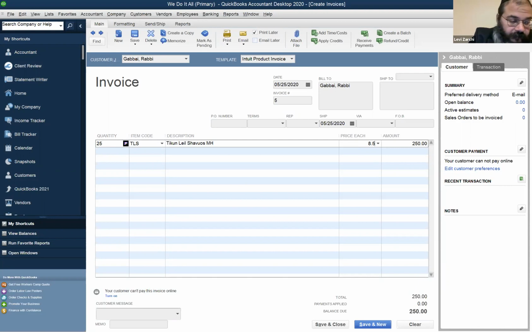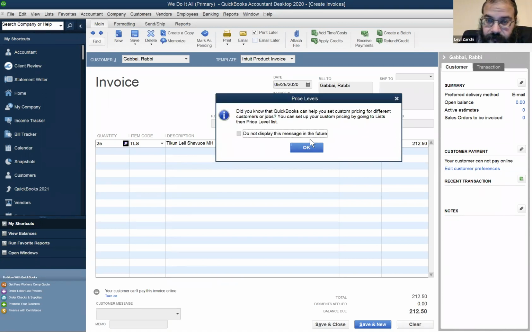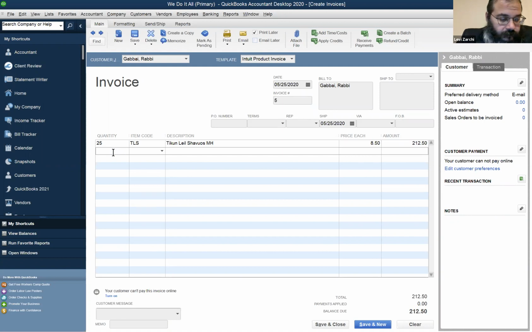But don't exit yet. We still have two more entries to make. We're doing 5 HK. QuickBooks can make custom pricing for different people. We can set it up, we'll do that at a different time. So you can have the same item for TLS and we don't have to override it. We'll know by this customer it's one price, another customer, it's another price. With 5 HK and